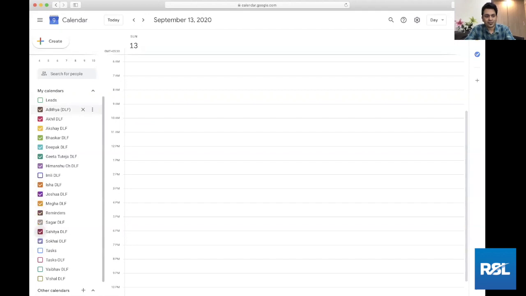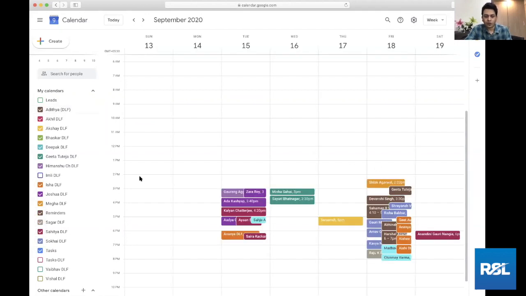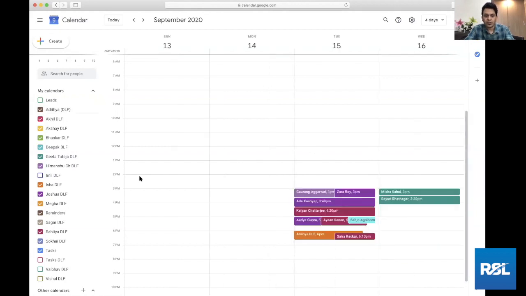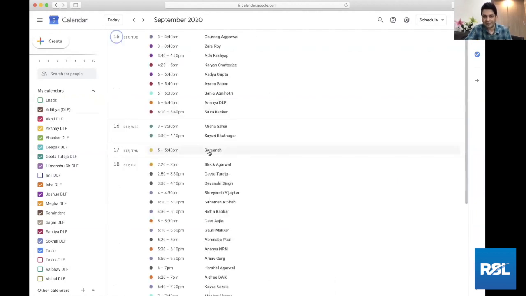You can do all of these things, and you will see all the calendars in a week view or 4-day view. You can also see it in a list view if you like. So you can see the start time and the end time and the student name, what is happening with that student, you can do all of those things. There are clever ways that I've devised whereby you can even keep track of the canceled classes or the reschedules or makeup classes and all of those things. So we can do a lot of those things as well.